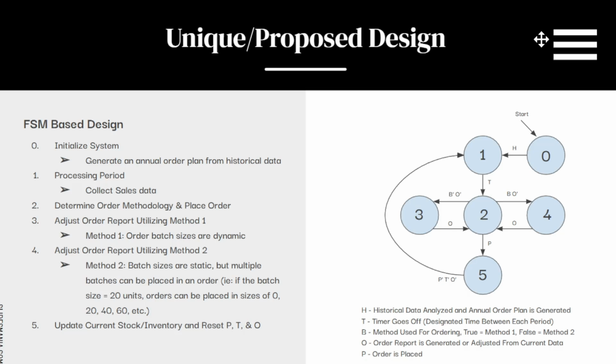We are basically going to create a set of historical data as our mock data for sales, and that data is going to have 1 data point per month, which we are going to be able to feed into our system. Our system is going to look at that and create an order plan for a 12-month period. So we're going to have orders once a month, and that is going to be our base plan that we're going to work with. We're going to feed that into state 1, and that is when we are starting to process our mock current sales.